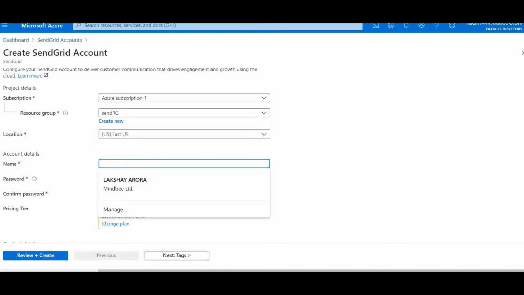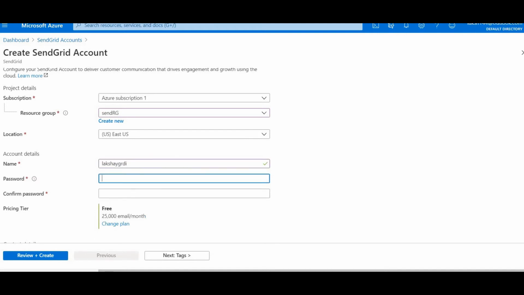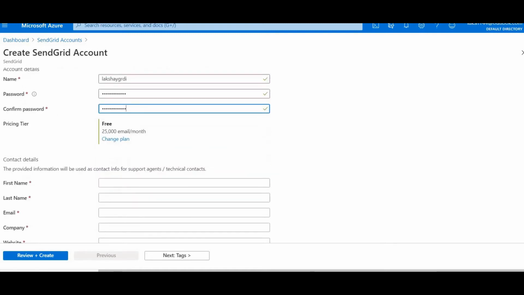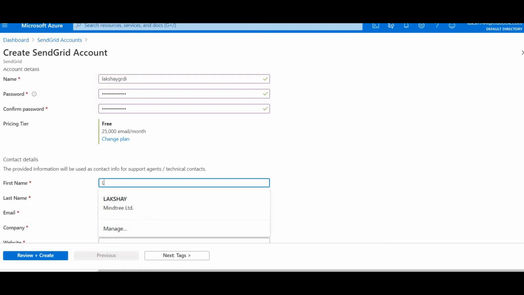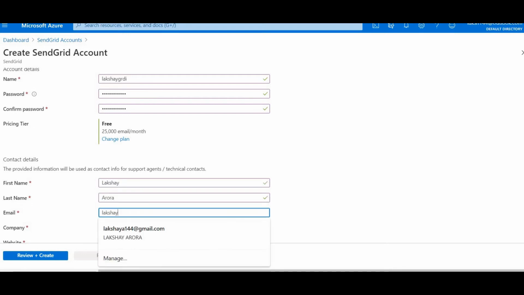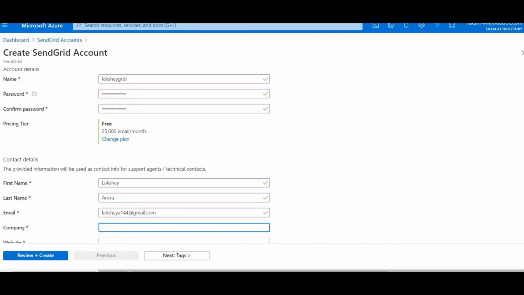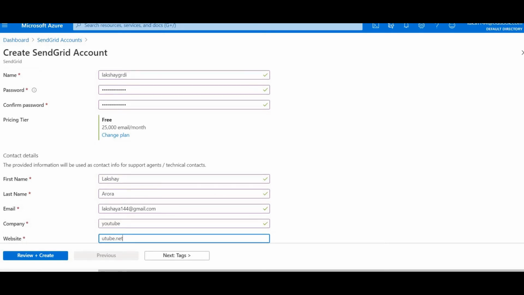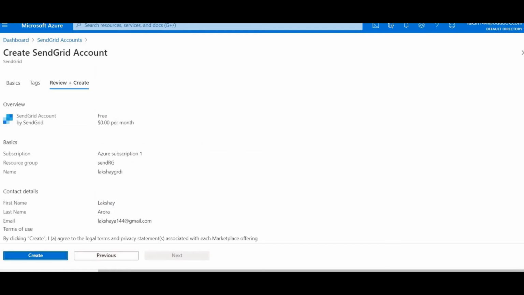Select the resource group, give your name, password, and the normal details that you need to give, and I am taking the free tier. First name Lakshay, second name Arora, email, company, give any random company name, YouTube, youtube.net, review and create.